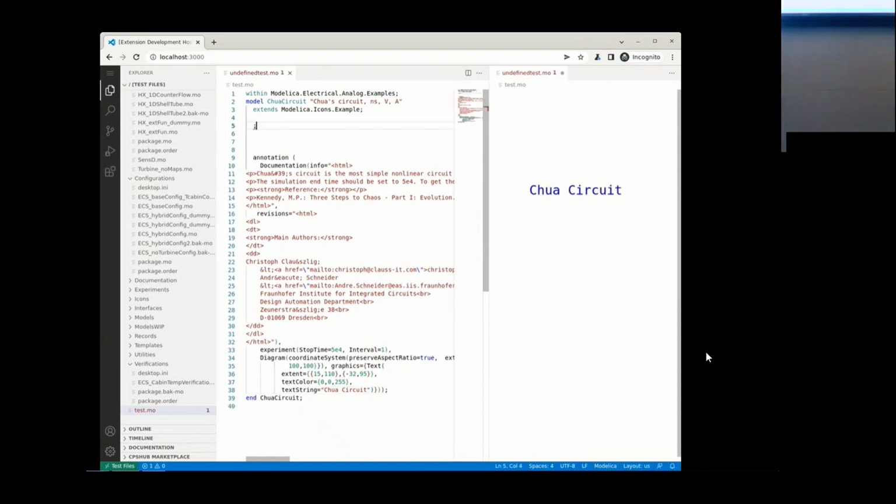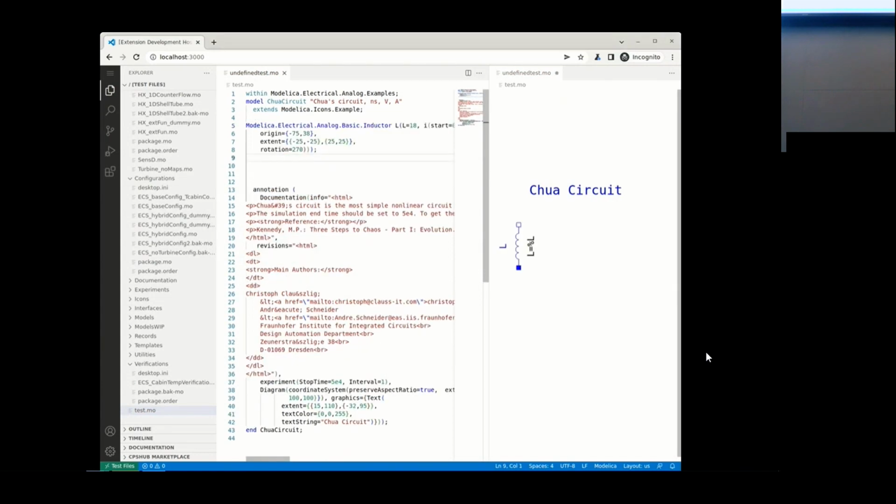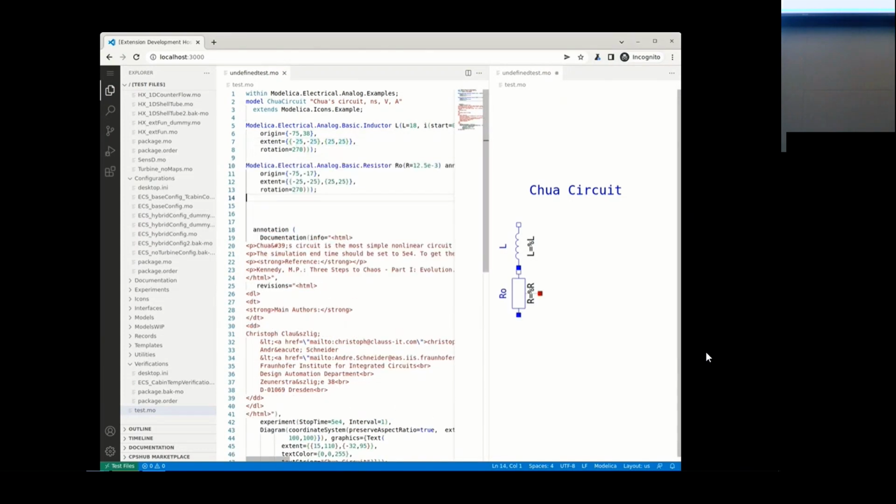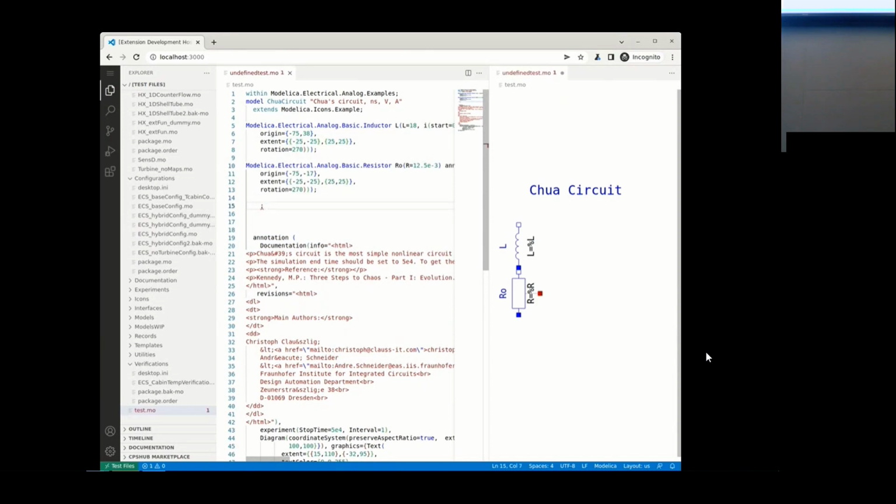So it's fault tolerant. We introduced an error, right? It automatically highlights that as an error, and it doesn't break the actual rendering for the most part. You can see we changed, for example, the rotation. It rotates the components, and all of this rendering is actually happening on the browser. There is still some work. You can see that there are some artifacts, some errors in the rendering. We plan to have that fixed, but for the most part, the incremental